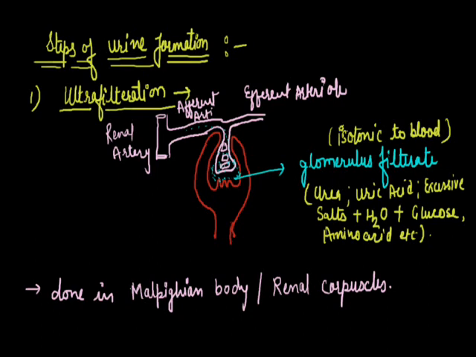Exactly, you can say this one has all the content which are already available in blood except blood cells. As soon as this is filtered, a specific kind of cells are also found in this Bowman capsule known as podocyte cells. These podocytes are highly permeable, so this glomerulus filtrate can move in the next tract. That means it can pass through this structure, and now it's moving towards the tubular tract through this cup-like structure.